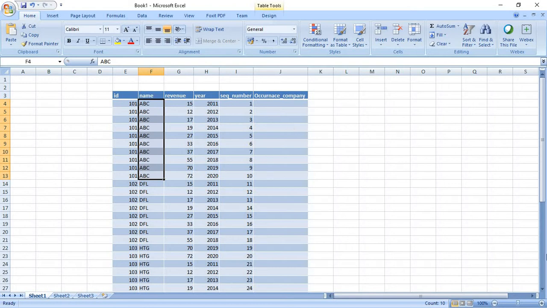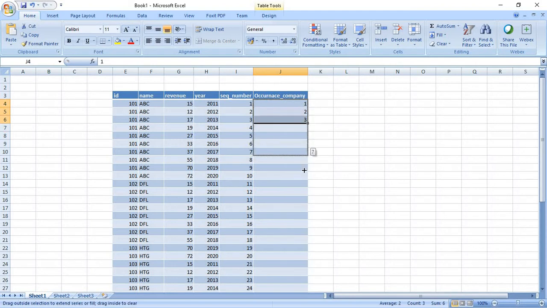Here the count is 10, so we wanted a sequence for this like 1 2 3 till 10. And when the ABC company records are over, the next company record occurs, like DFL. For DFL, the count should start with 1 till the DFL records are finished. So something like that we have to achieve for the occurrence.